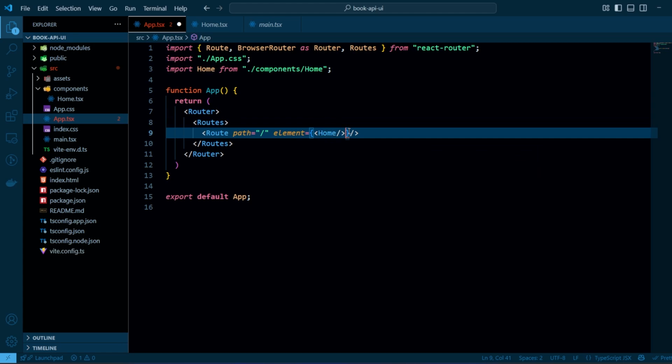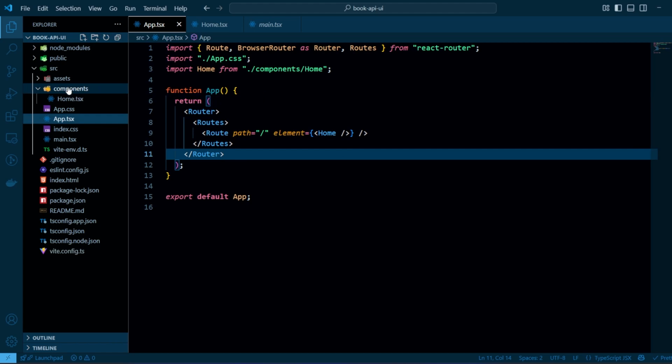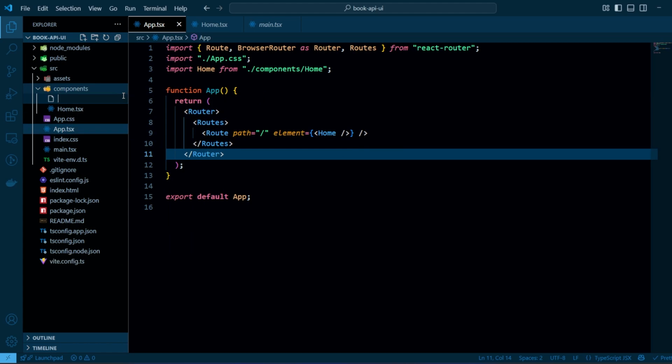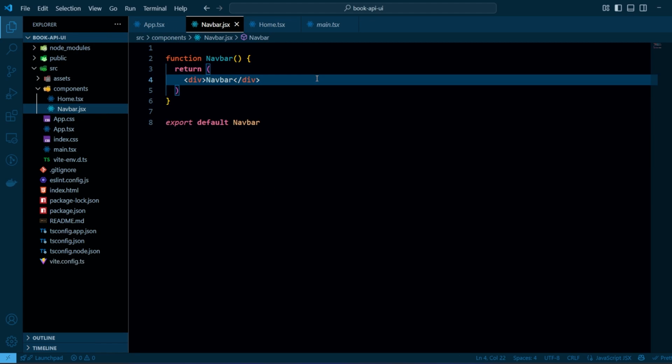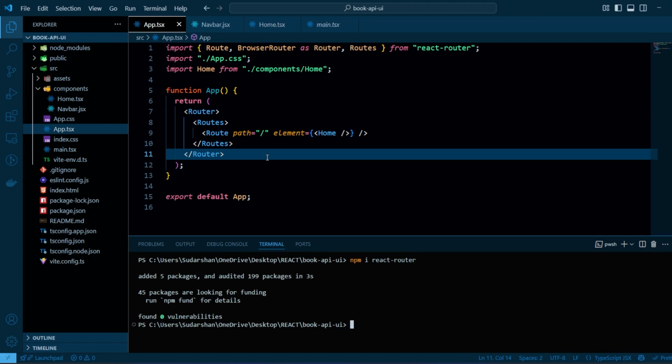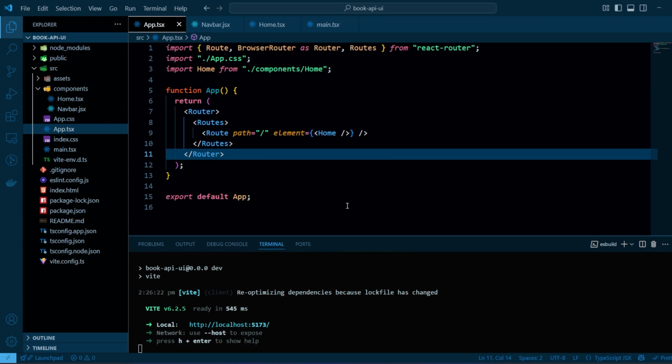So we will have a home component here. Perfect. We also need one navbar. Okay, so let's create a navbar.jsx. Okay, let's remove this. Now what we have to do is, if you open the application with npm run dev, so